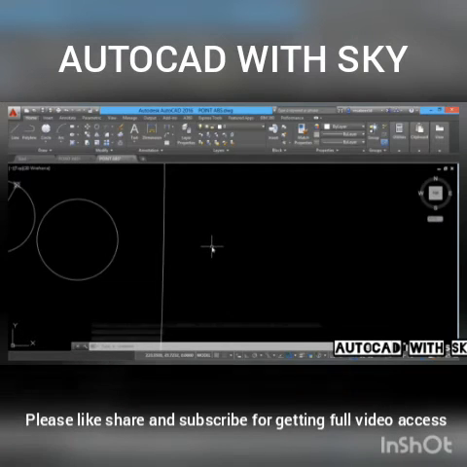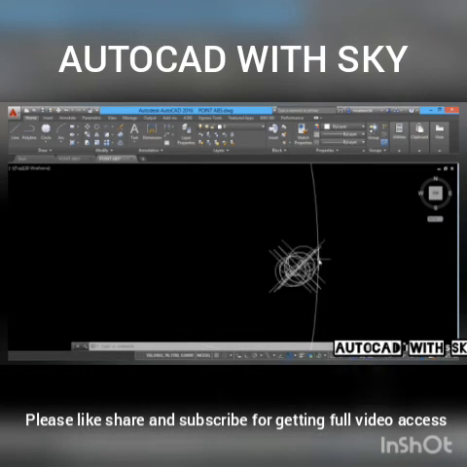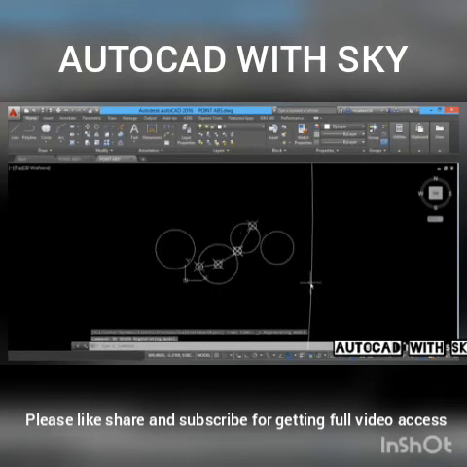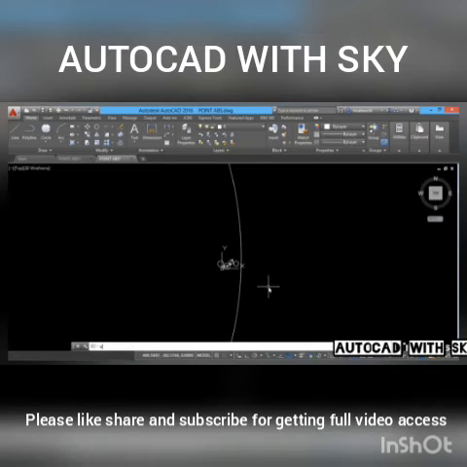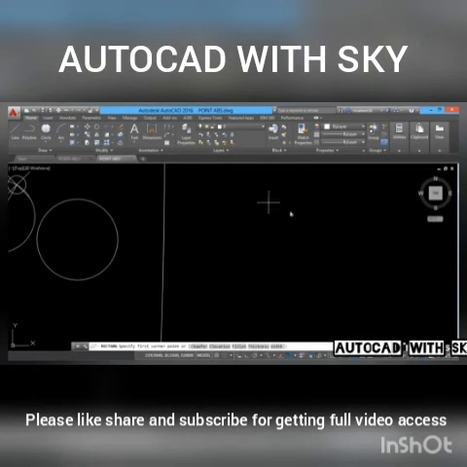Let's see what happens. I'll just double tap the scroll wheel of the mouse to get a zoom extents. Now you can see that this is the circle you have drawn. When you zoom in, you will see the points enlarged because of the magnification. Just regenerate the display. And this was the circle you have drawn. So I'll undo the operations I have done. Now I'll make a square. So I'll click on the rectangle command.